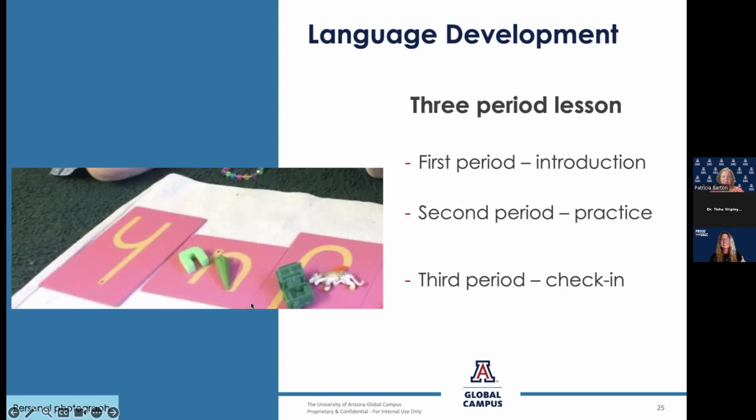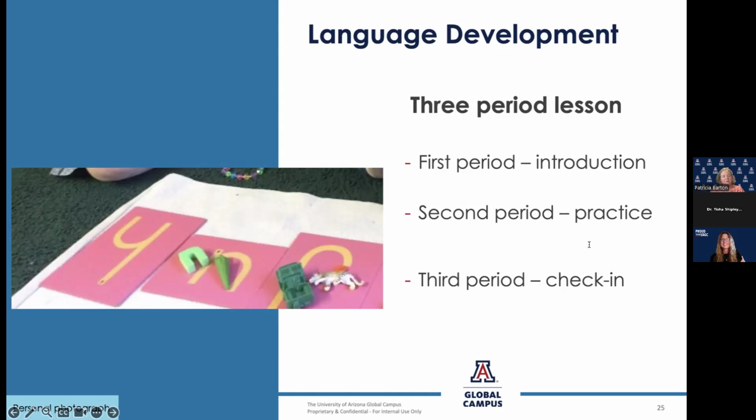So fill that need. Montessori used this idea of a 3-period lesson to refer to a method of introducing vocabulary or sounds in all areas of the classroom. For example, on the slide, you'll see a photograph of a pink card with a letter on it. And then there are some small objects on some of the letters. Those are objects that begin with those sounds. The first period, the adult would introduce the letters. It looks like this is j, and h, and have the child trace it